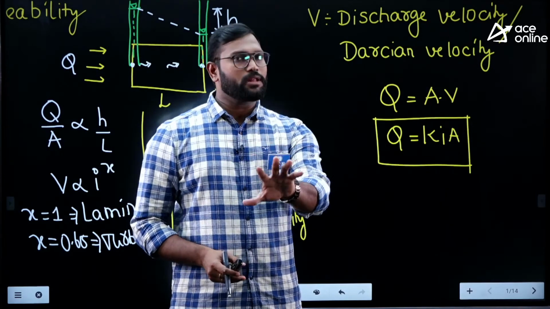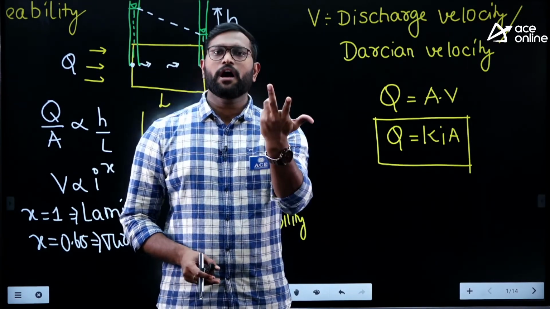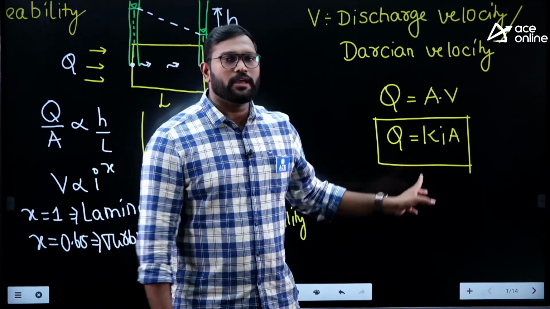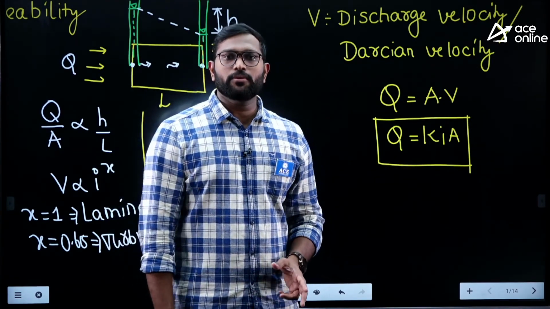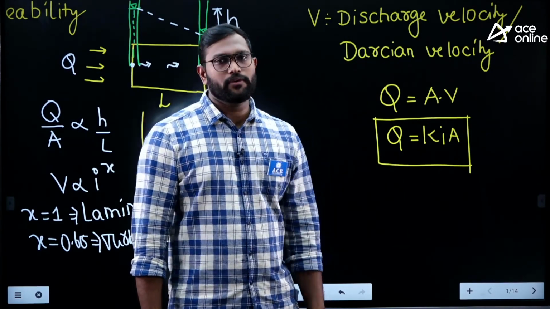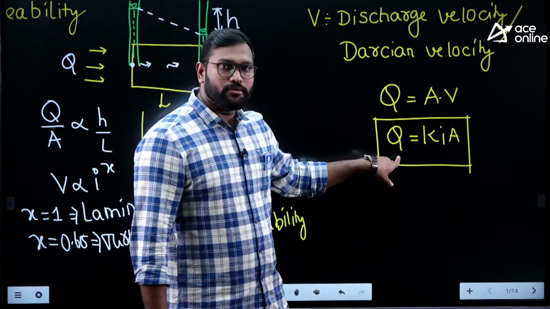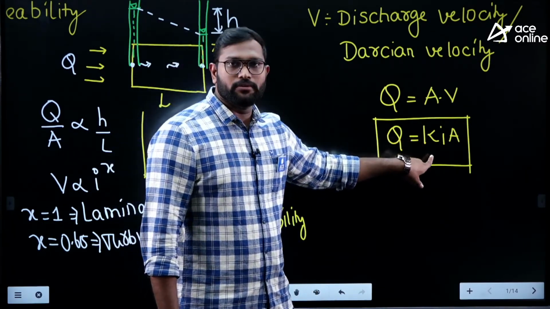If you send the water through the canal and you don't provide any lining, then there is a seepage loss. How much loss can you see? Q is equal to KiA. I used to remember it as Q Kia. To find out the seepage losses, we use Q Kia. But if you want to find out this Q, you need to know the K value,